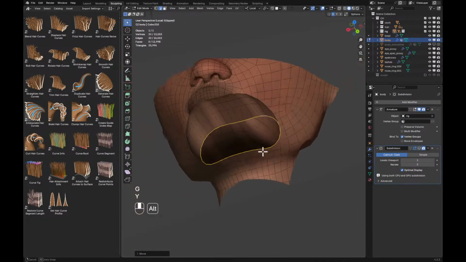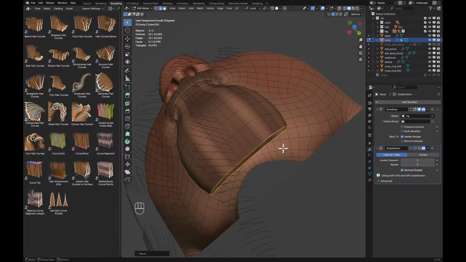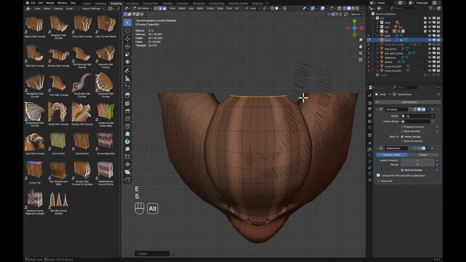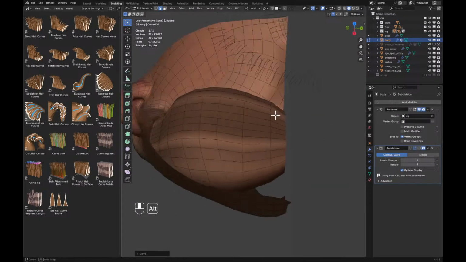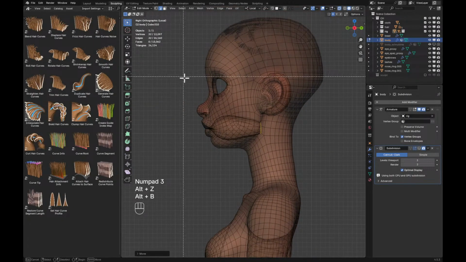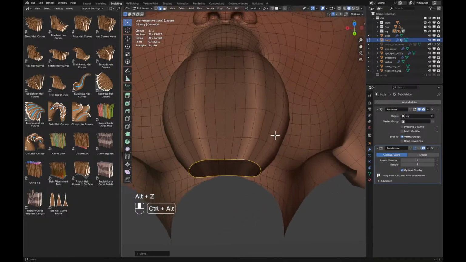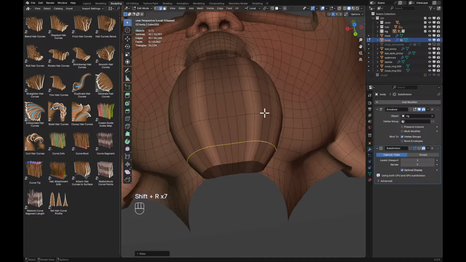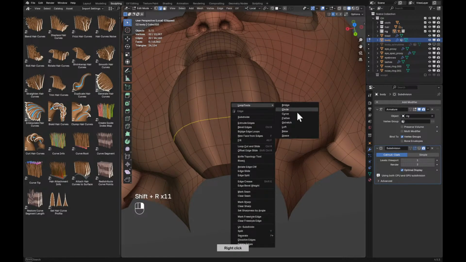Okay, so this is what we have right now, and I'm going to extrude this out, scale it down, extrude this out again and scale it down. I might need to clear the viewport mask so that I can see what I'm doing at the back, so I'll just clear that with Alt B. Then I'm going to do it again. I'll make the selection bigger this time. Okay, and then I'm going to relax this, and I'm also going to relax this loop here,